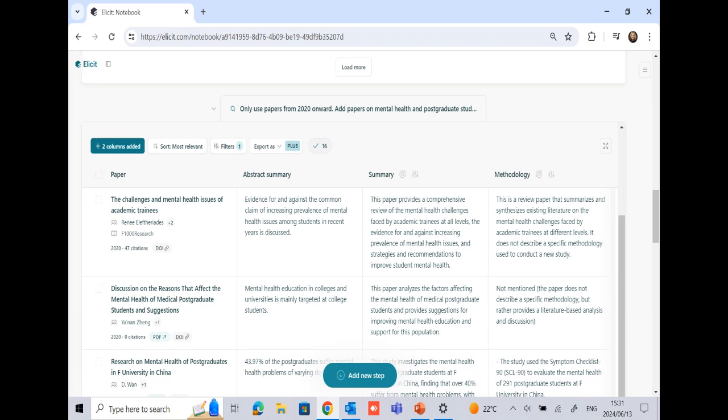If you did it by hand, you would probably have an Excel spreadsheet and you would import your own information, but Elicit basically does it for you. So I can already start with my tables and have my comparisons, and it's all neatly done.